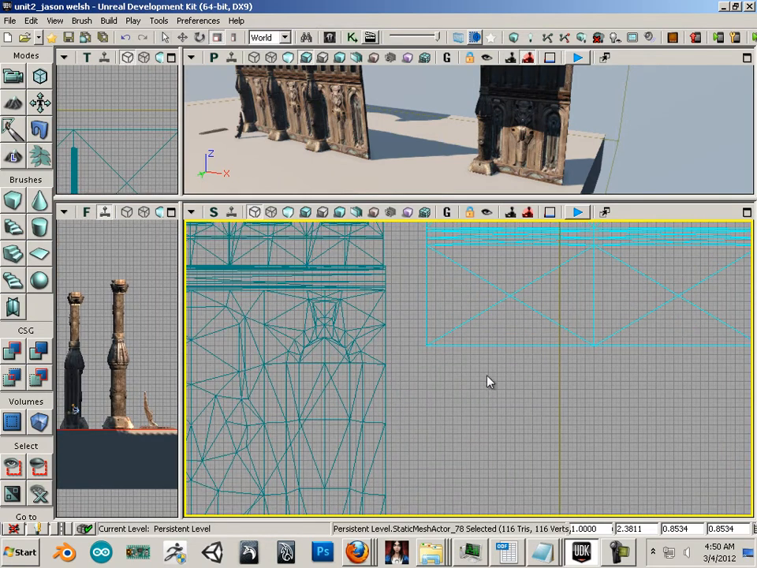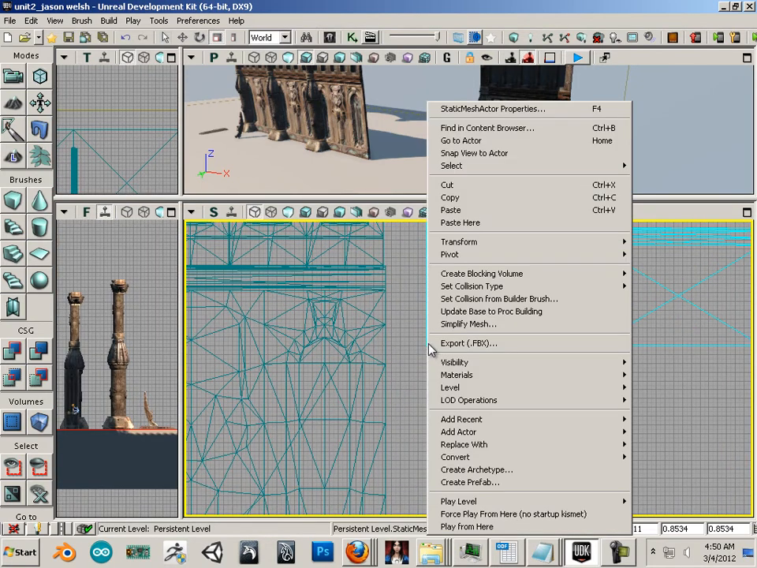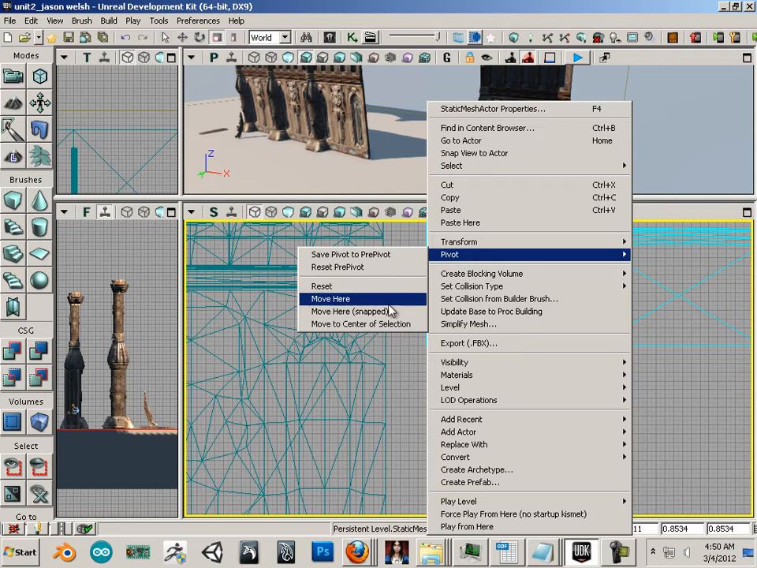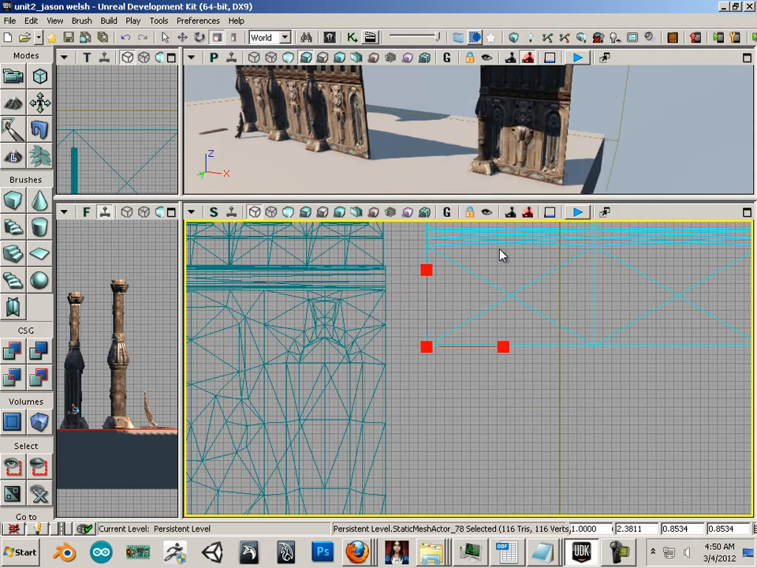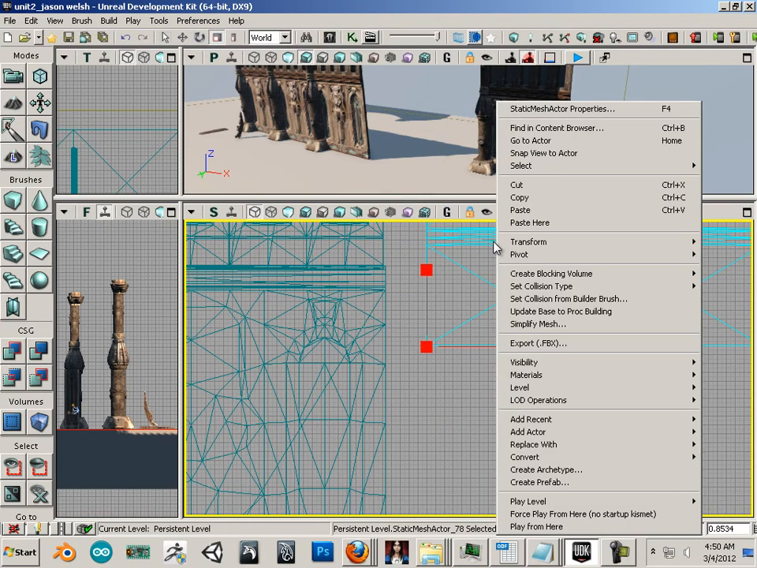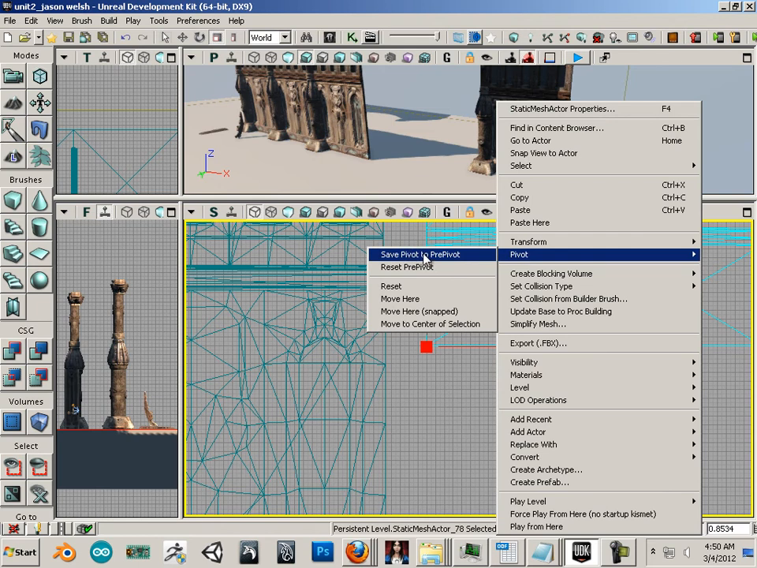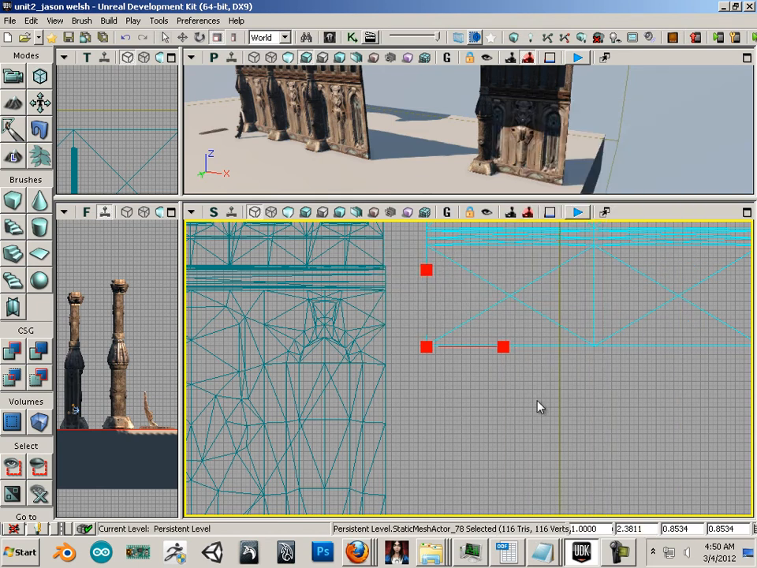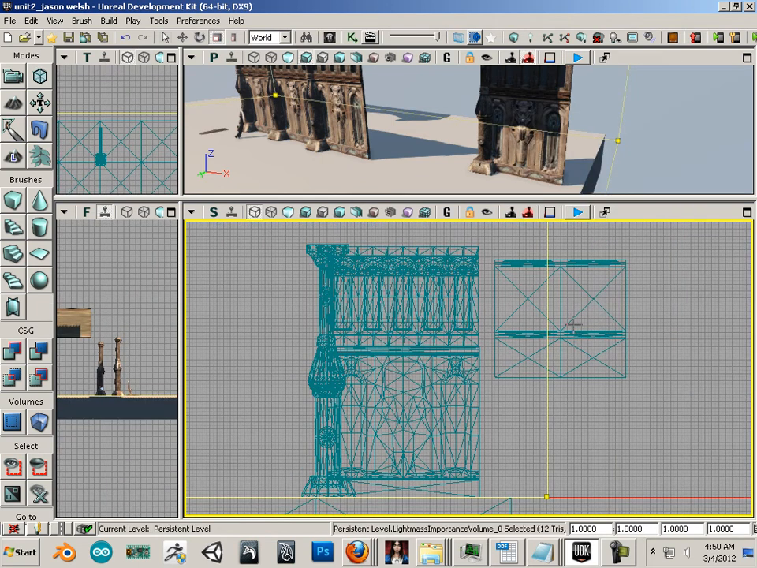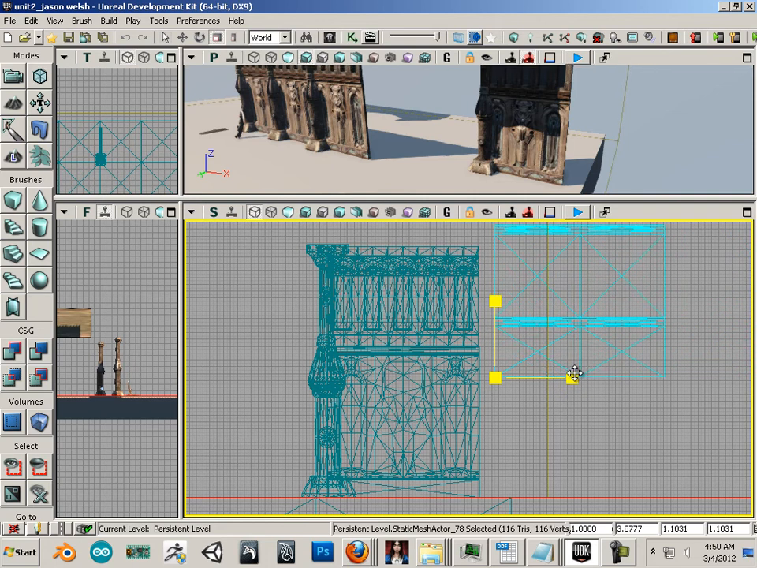Well, if you want it to always be there, you have to know that if you go pivot, move here, snapped, there's also a right click, pivot, save pivot as pre-pivot. Alright, so now anytime you click on that object, the pivot's always there in the corner, with the exception of